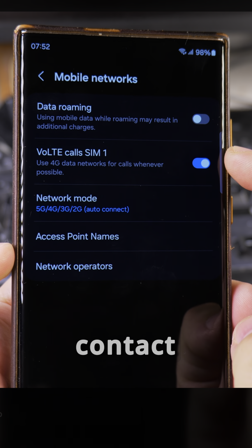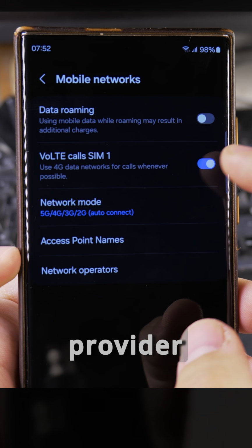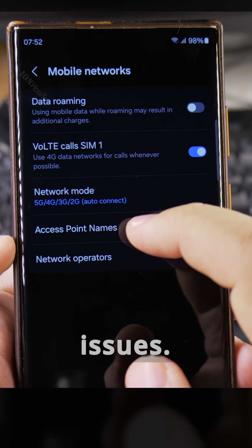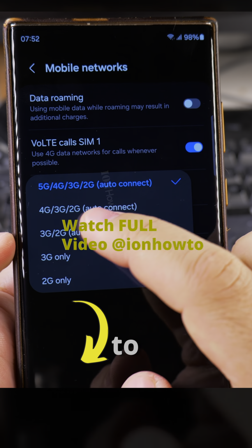So I would suggest you contact your mobile network provider and ask them if you will be charged to use this. I think it depends on each network provider, and if they say they don't charge you, you could enable it without any issues. You can also change the network mode from 5G, 4G, 3G, 2G to 4G, 3G, 2G,